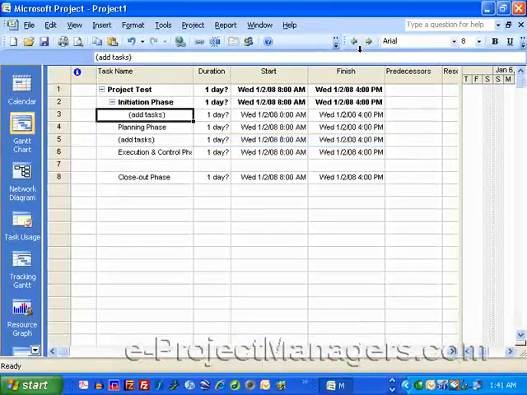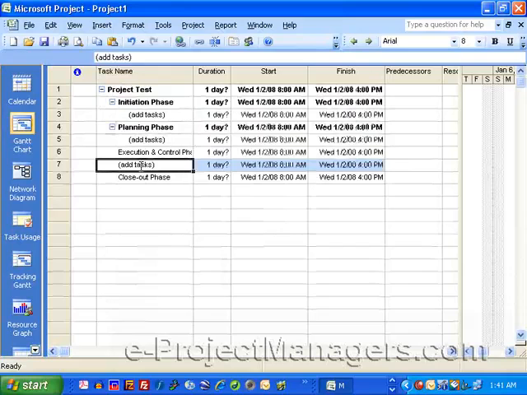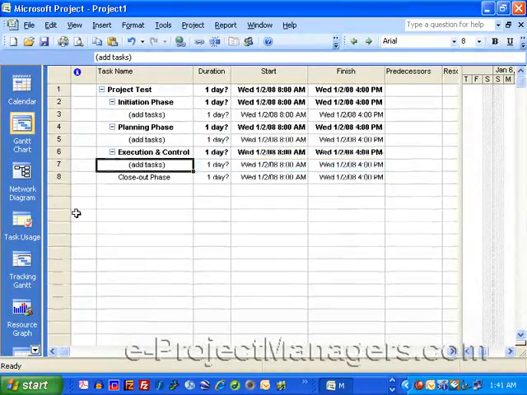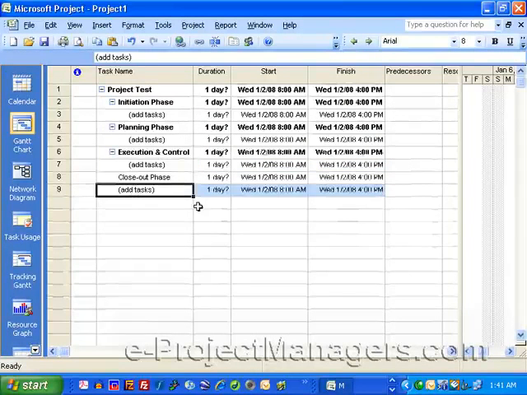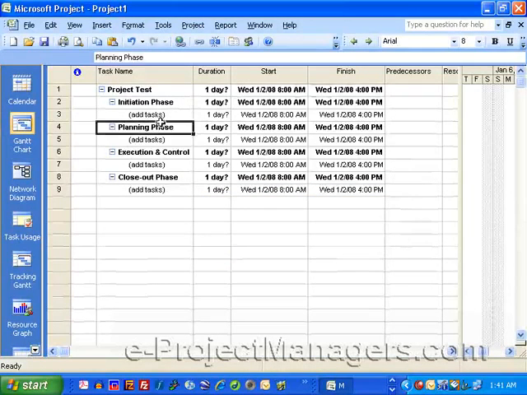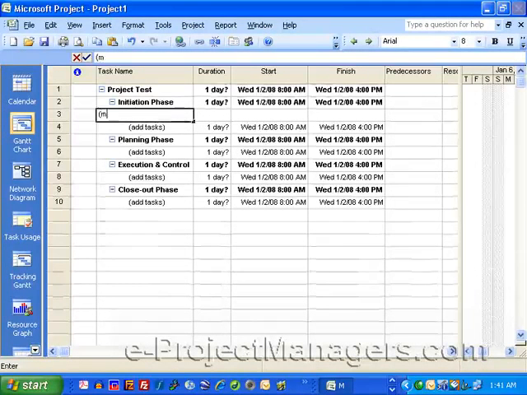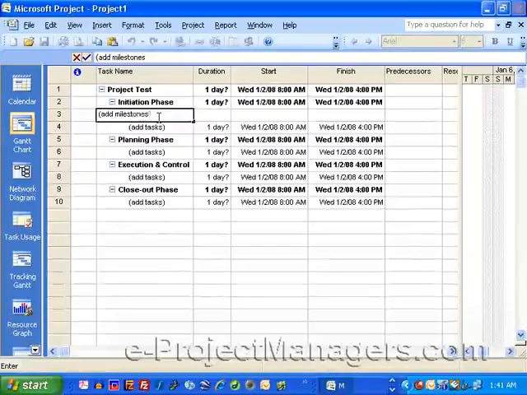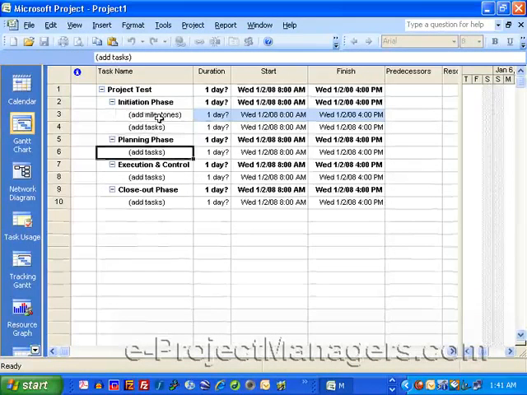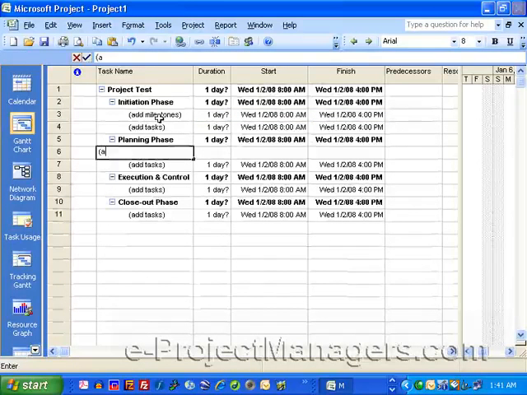I'm going to indent that, Shift Insert here, indent that, Shift Insert here, indent that, and within each phase, besides having tasks, I'll also have milestones. So I'm just going to say add milestones, and I'm going to get into later specifically what tasks and milestones you'll want to add, but for now this is just a placeholder so that you can see how I